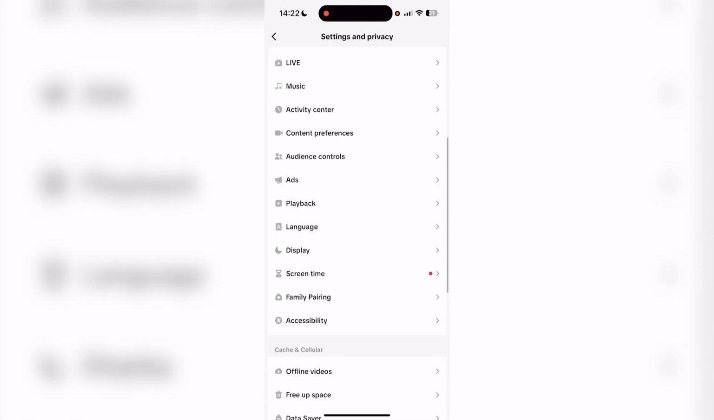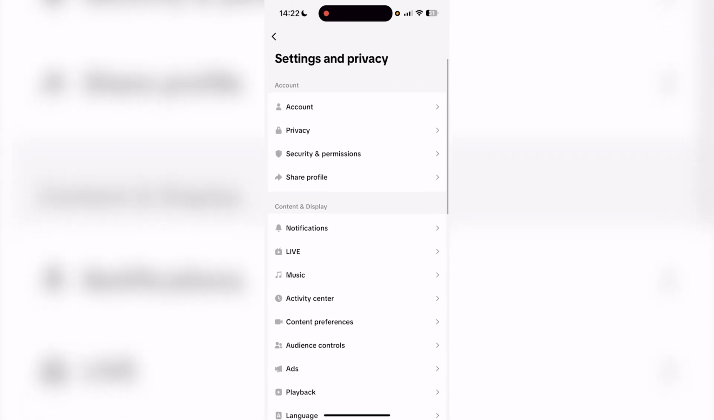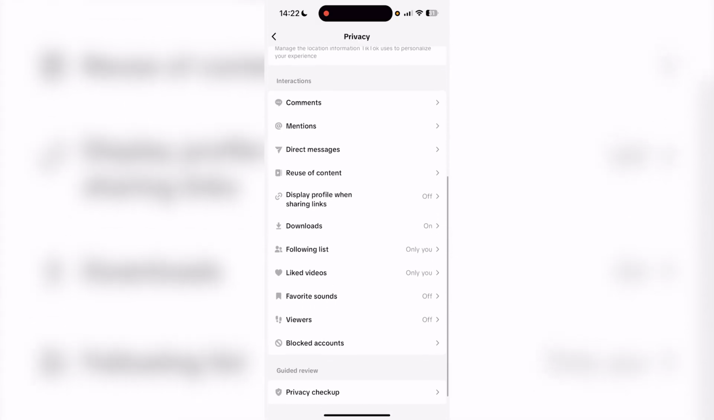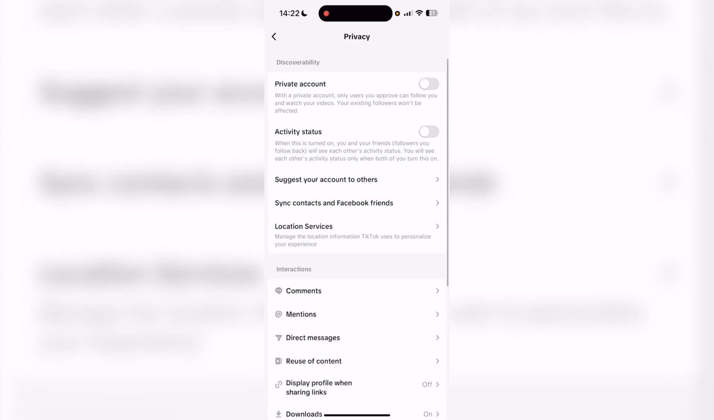You're going to see a bunch of different options, and it's also definitely worth going through them and making sure your app is set up exactly how you want it to be. But for the sake of this video, we're going to be going into our second tab, which is privacy. Once you're here, you're going to see again a lot of different options, and you're going to see private account